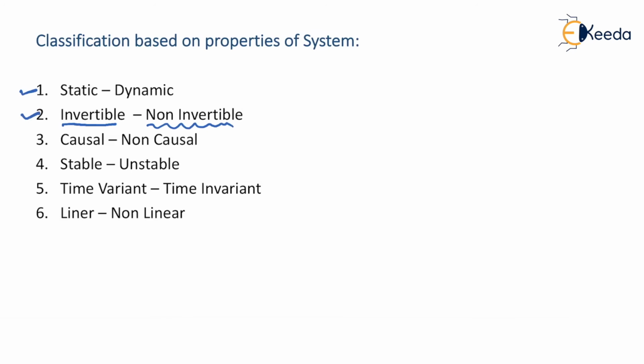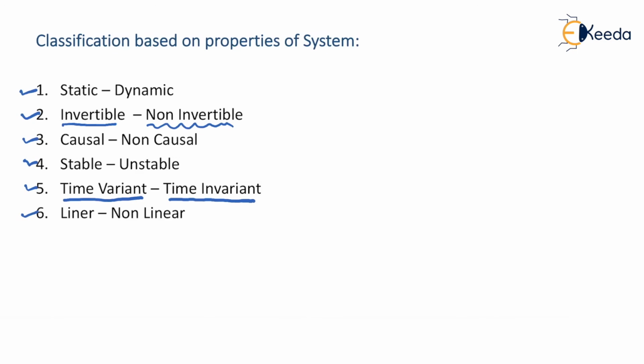Now, depending upon the dependence of the current output on the input, we have causal and non-causal classification. Next, we have stable and unstable. It is categorized on the factor that, when some bounded input is applied to the system, in response to it, what type of output it produces, whether bounded or unbounded. Depending upon that, systems are classified into stable and unstable. If system properties are not varying with respect to time, it is called time invariant, because the name says it all. And if the system properties are changing with respect to time, those systems are called time variant systems.